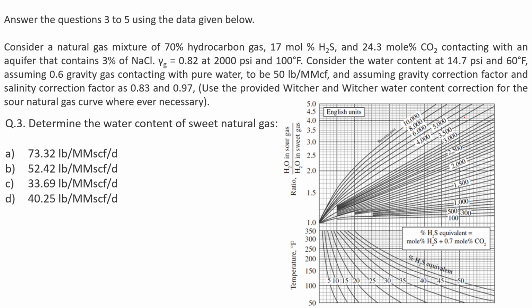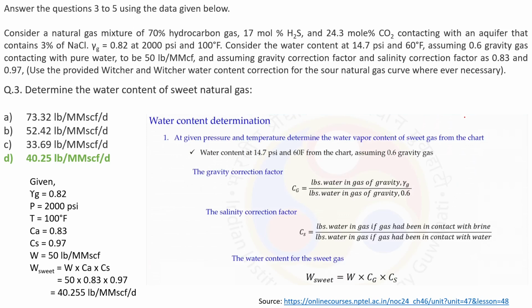First we have to find the water content of the sweet natural gas. The water content at any given pressure and temperature can be determined by using the gravity correction factor and the salinity correction factor. From that we can get the value of the water content for the sweet gas. So in this question,